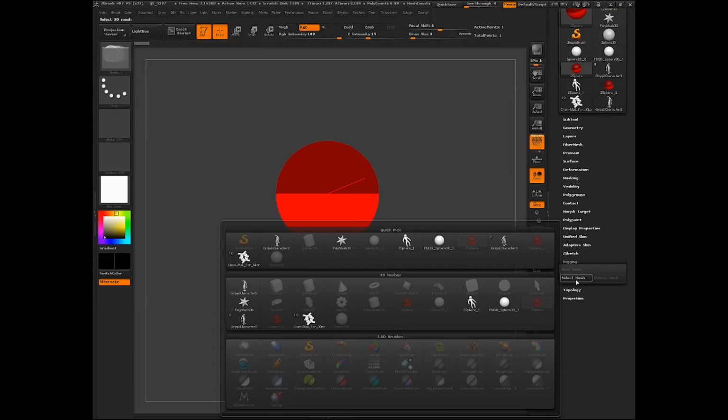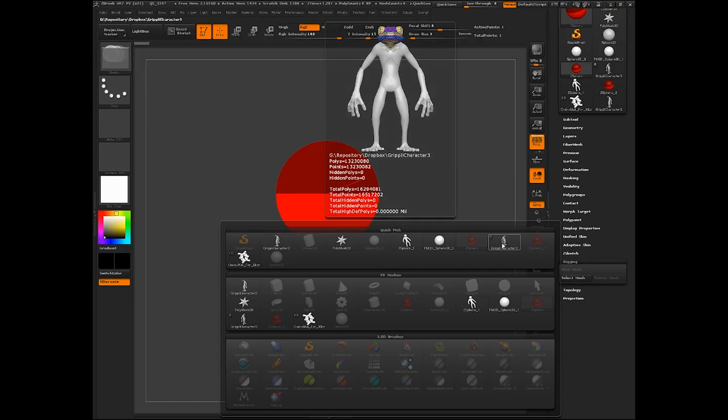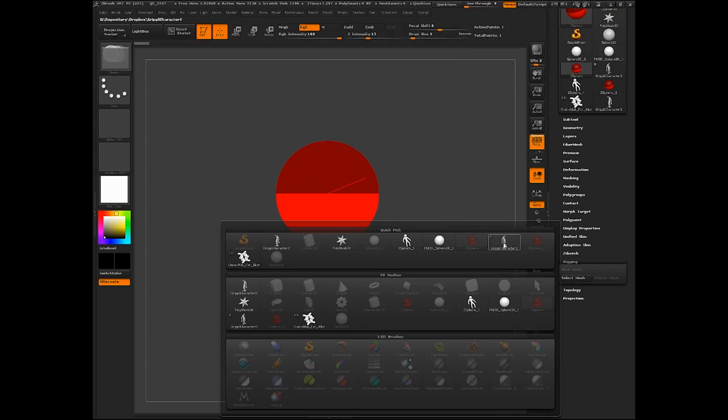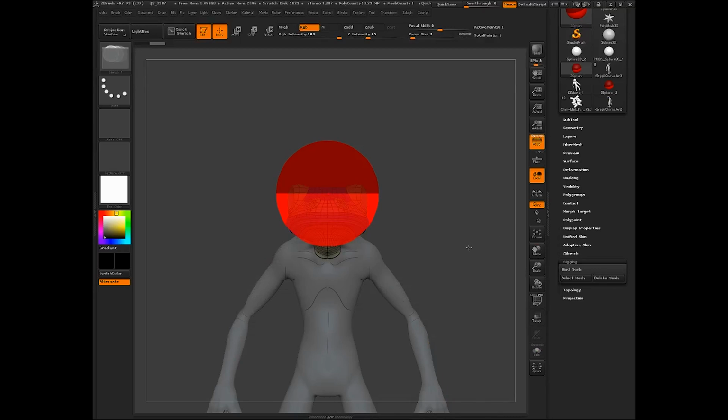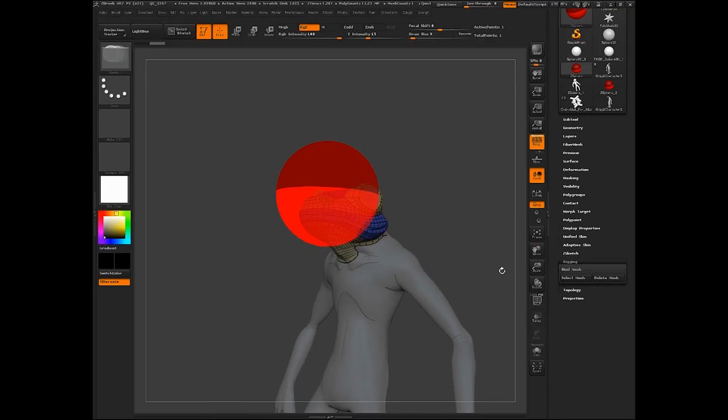You're going to select your mesh. You're going to select the isolated frog. So that's this one, and it will bring it in like so.